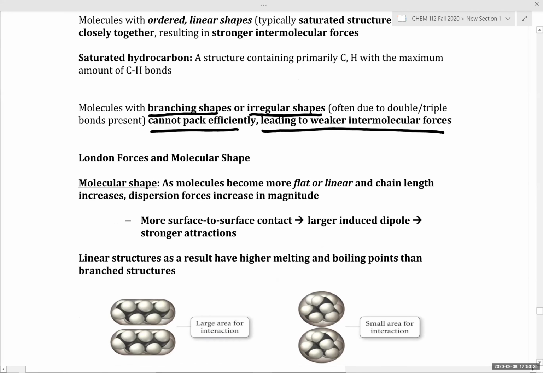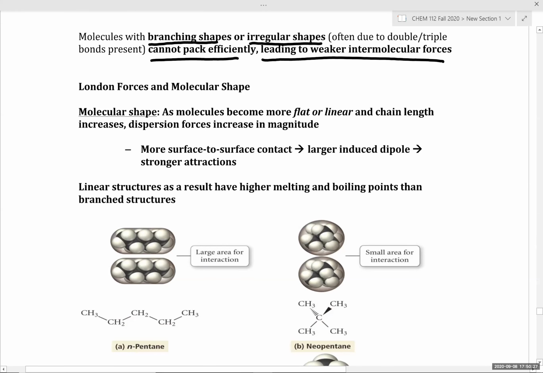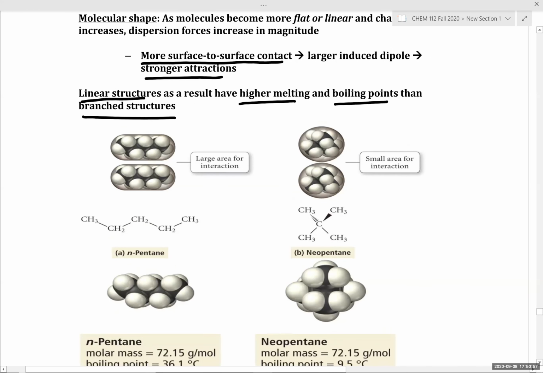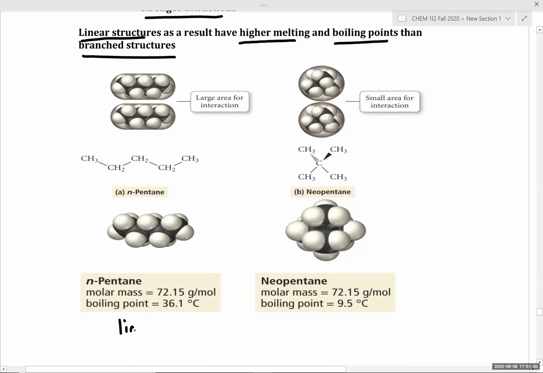Now, to look at an example of this and to summarize this discussion, in general, the more surface-to-surface contact we have between our two molecules, the stronger our attractive interaction and the stronger our London interactions between molecules. Linear structures, as a result, because they have a larger surface area for interaction, in general, have higher melting and boiling points than branched structures. And we can see this quite clearly if we compare our linear molecule of pentane with our branched